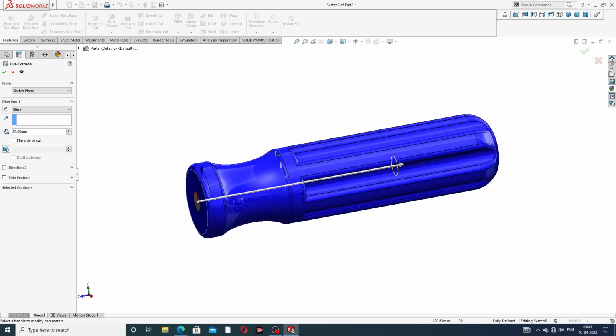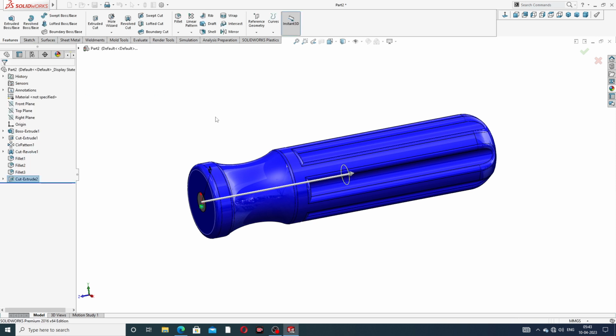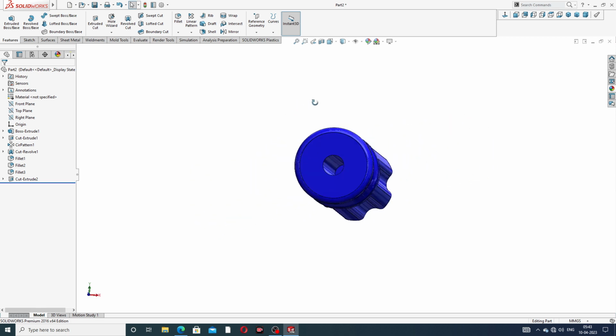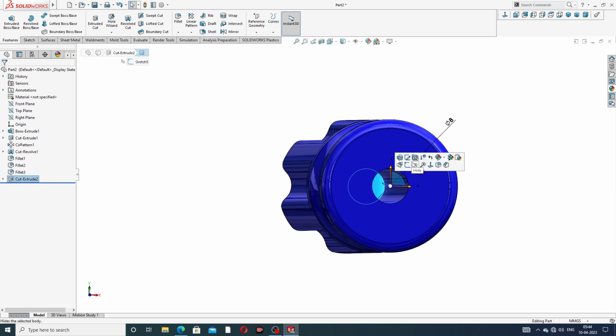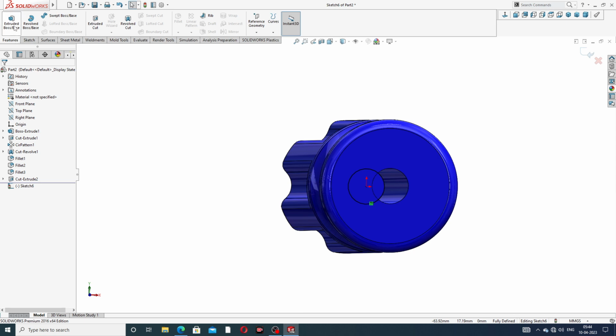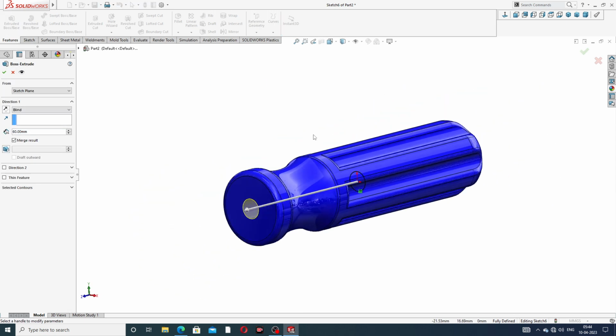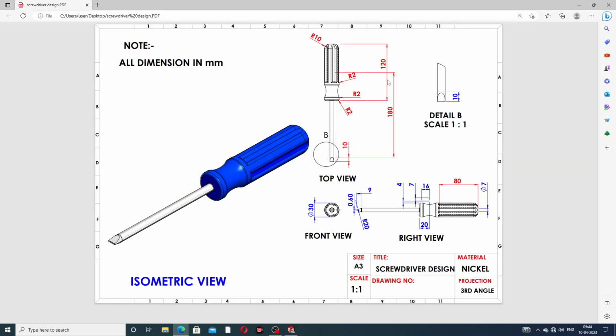is perfect, and extrude cut length is 60 millimeter, okay, and 60 millimeter is perfect. Also this body, this face sketch here, sketch and convert entities, and extrude boss, length is 150 millimeter, 180 millimeter is perfect, okay, and this distance is 180 millimeter is perfect,